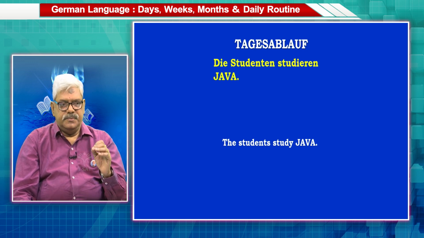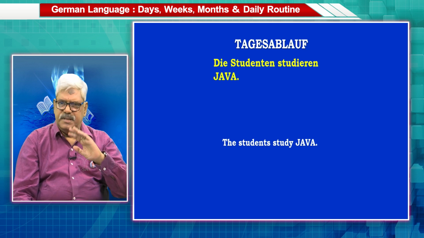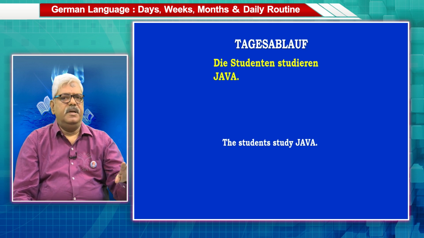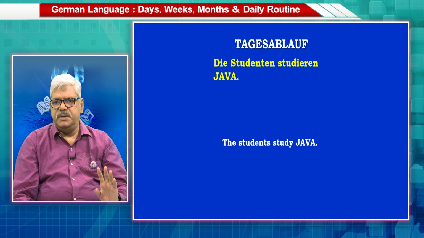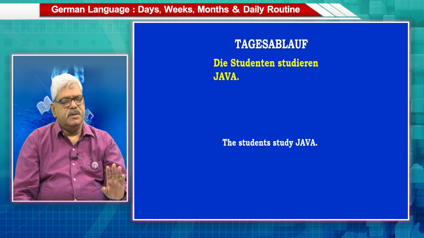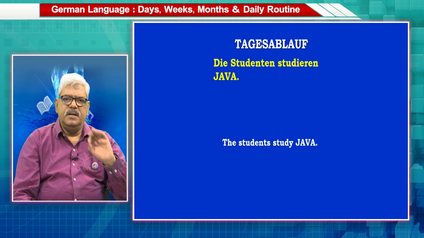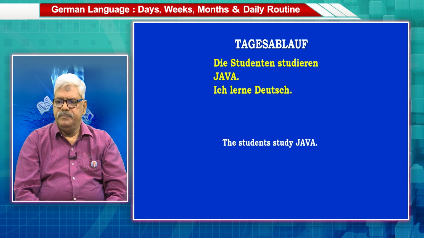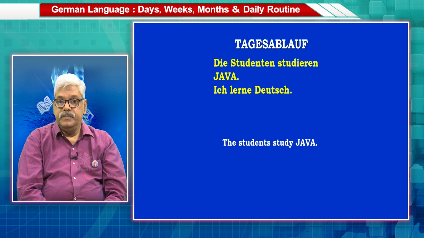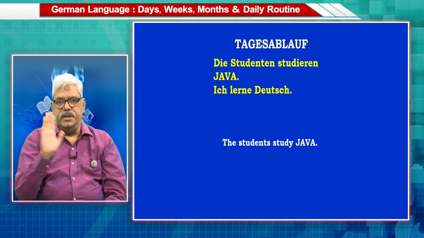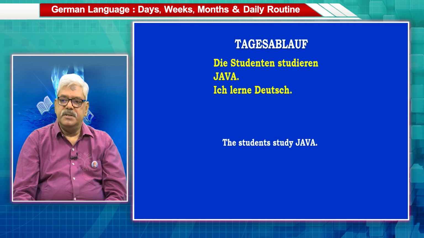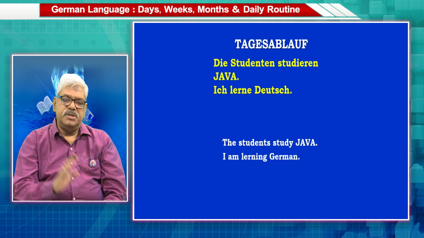Sir, what are the words for BTech or intermediate? At the moment, since you are just in the beginning stage, don't worry about the equivalent word in German, or whether we should pronounce it or not. Never mind, you can use the English word for the moment. Then, in general, all of us, what are we doing? Learning German. So that's why I have taken this sentence, Ich lerne Deutsch. Ich lerne Deutsch. Meaning, I am learning German.